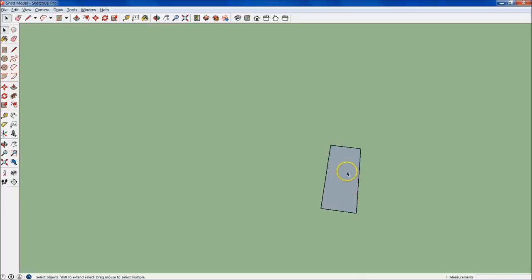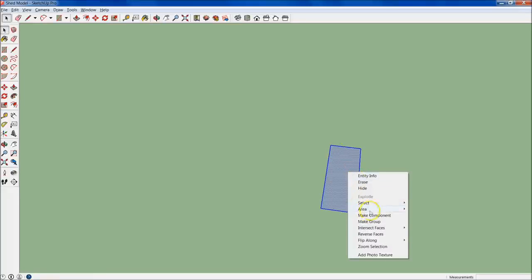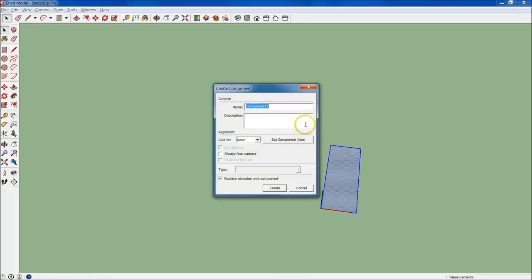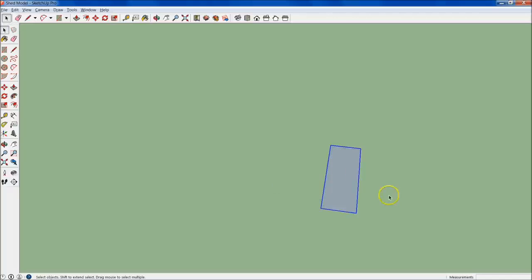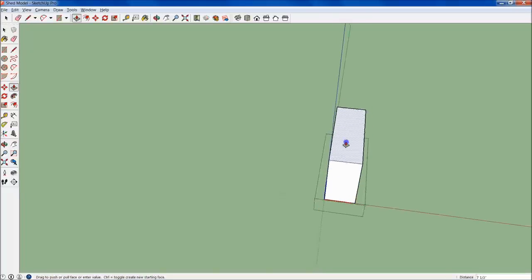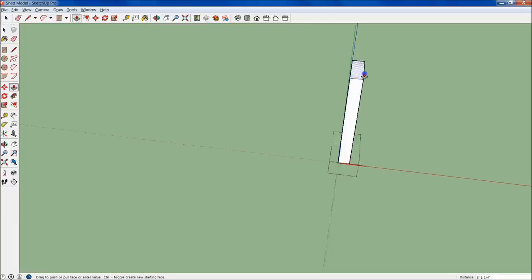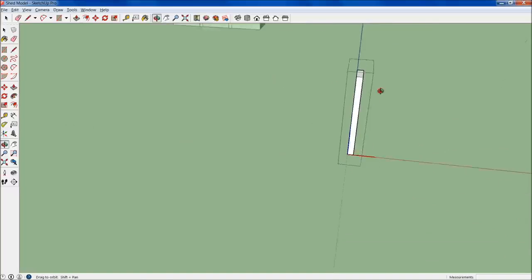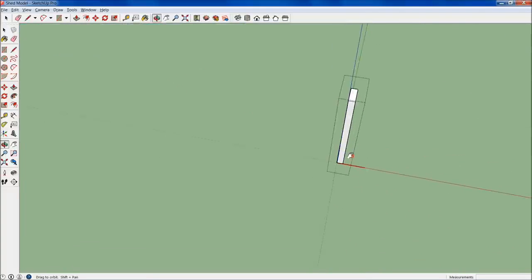And now we want to make this a new component. So we're just going to go ahead and right click there after we have it all selected. We're going to do make component. And we're going to make this titled crossbeam. Capitalize that. There we go. Replace selection and create. Now double click in here, and let's just pull it up. Let's just go with 5 feet, so 60 inches, so that we can just get that 3D look,